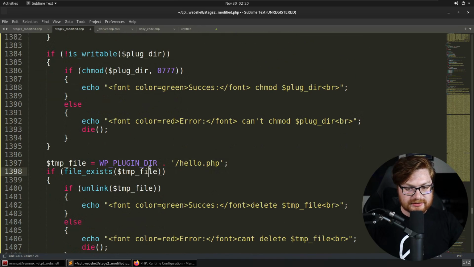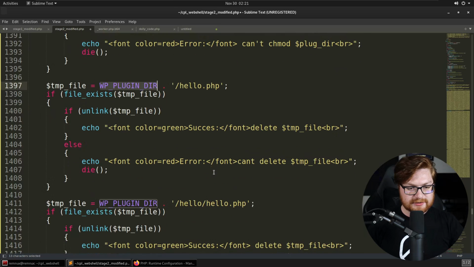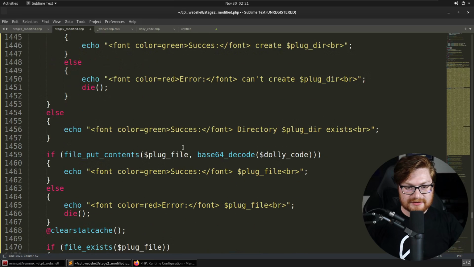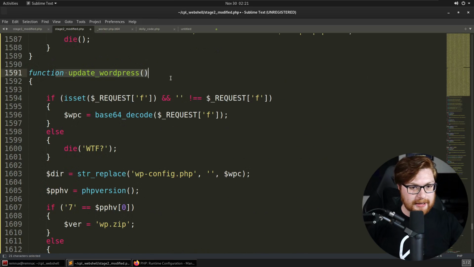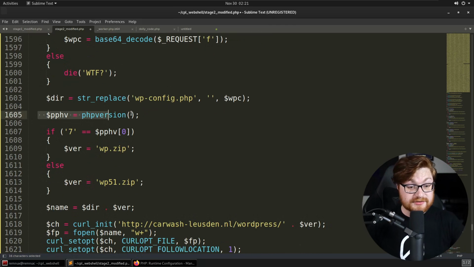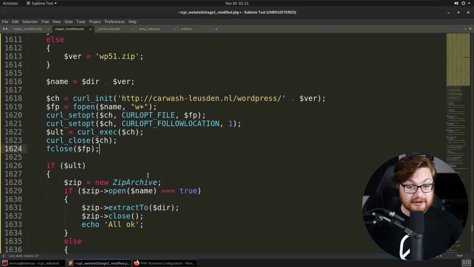Ooh, could we see if we could maybe modify or delete some files with that unlink function, like a hello.php inside of the plugin directory? Oh, and it sees, that's interesting how far it could go with this. Even an interesting function, update WordPress, that might update WordPress based off of the current PHP version. Checking out, what are we going to end up grabbing another WordPress version for? And again, it looks like it actually uses curl to download this from